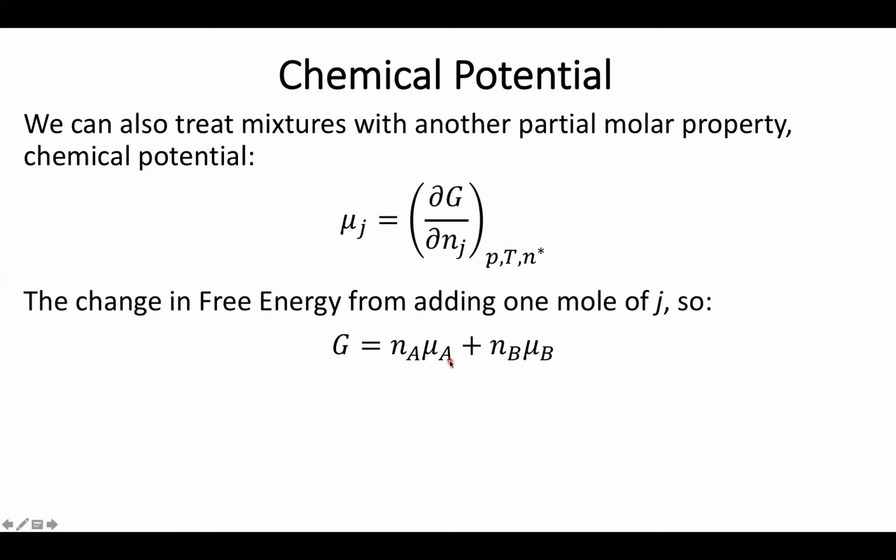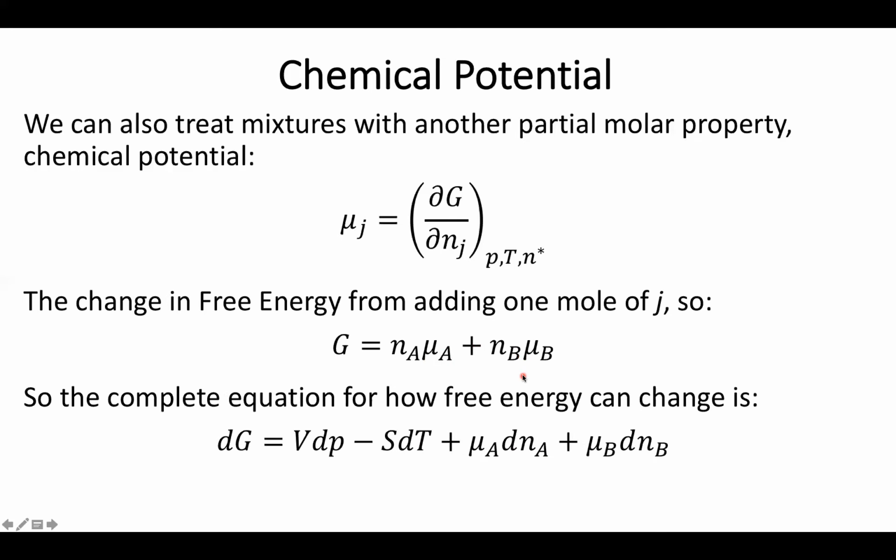or alternatively, the free energy per 1 mole of species A for the chemical potential of A. Now, this actually has some fun implications for how we can go ahead and treat changes in free energy. Because what we can do is combine this expression with what we already saw for our fundamental equations. So this gives us the fundamental equation of chemical thermodynamics, where we have our good old-fashioned free energy that we saw for a single component